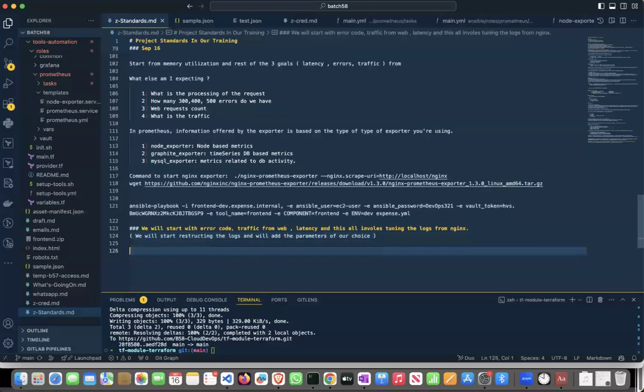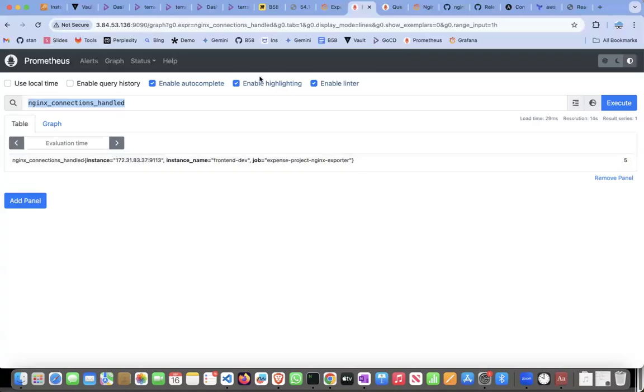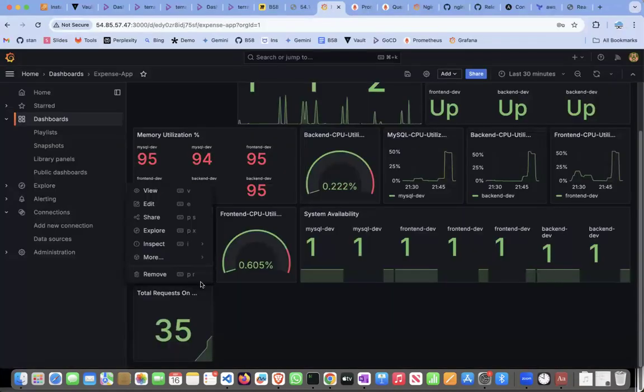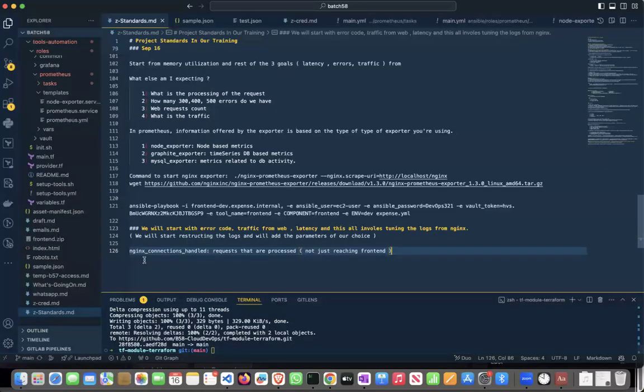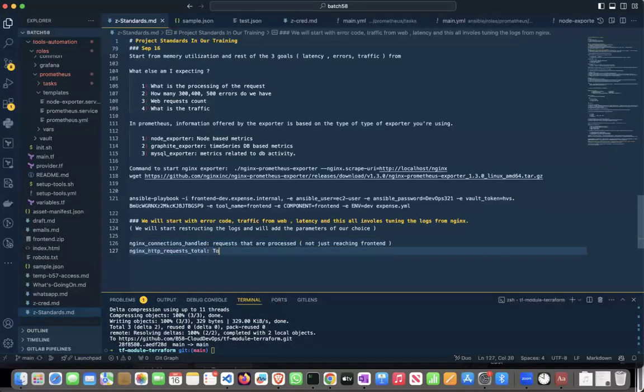Nginx connection handled. Requests that are processed. Not just reaching front end. So when you say total Nginx requests, total requests, whether